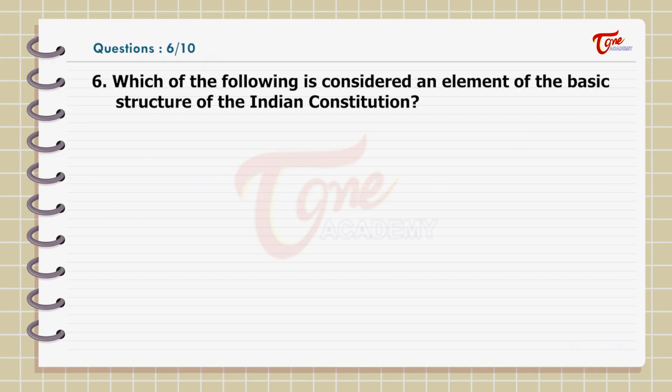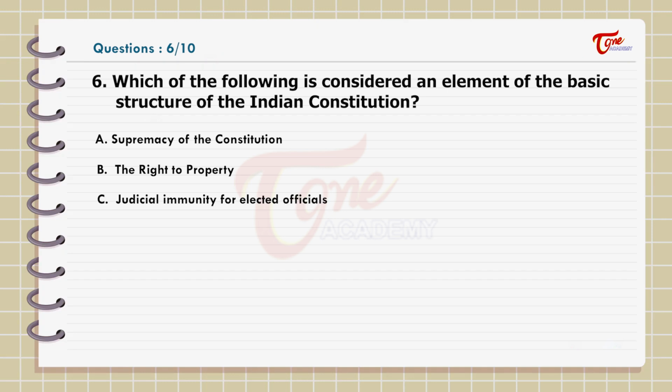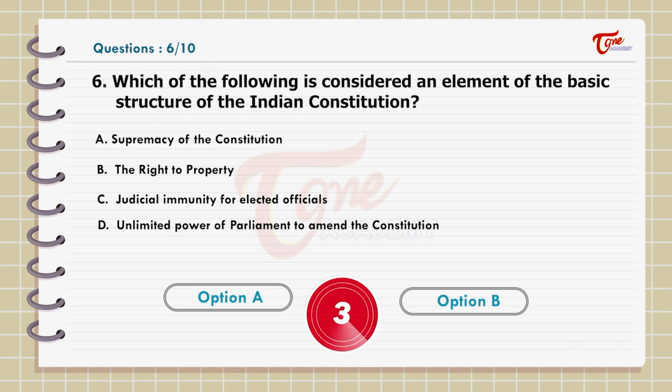Which of the following is considered an element of the basic structure of the Indian Constitution? Options: A. Supremacy of the Constitution, B. The right to property, C. Judicial immunity for elected officials, D. Unlimited power of Parliament to amend the Constitution. Answer: